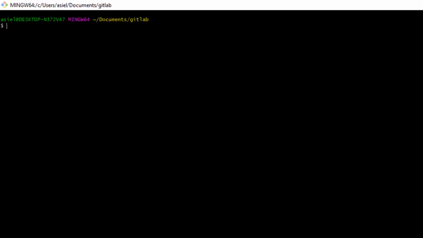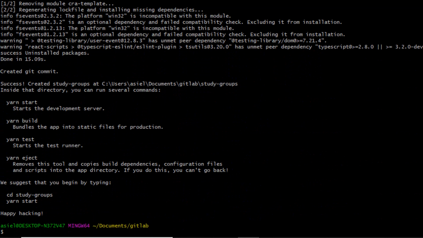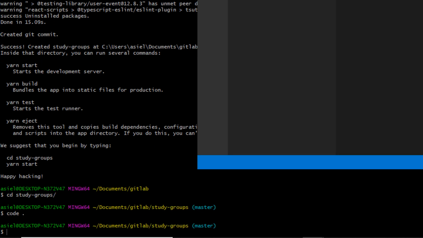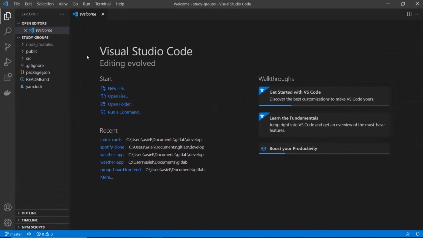So let's start off by creating our React application. And just like we have done before, we're going to use the npx command. So let's do npx create-react-app, and let's call it study-groups. And hit enter. Okay, now that it's finished, let's go inside that project. So cd study-groups, and I'm going to do code dot, and this is going to open Visual Studio Code for me. Let's go ahead and open a terminal again,